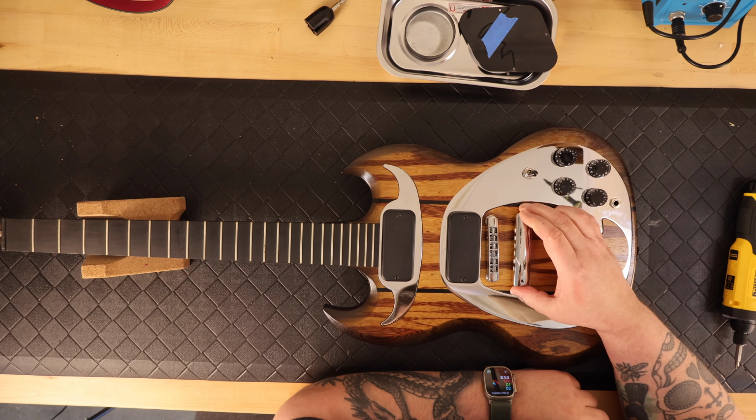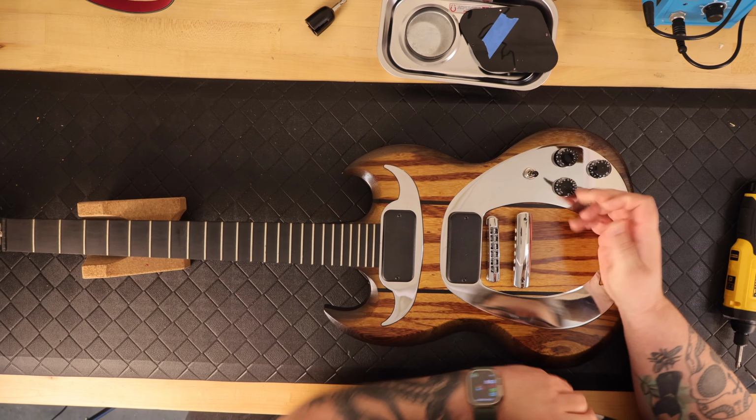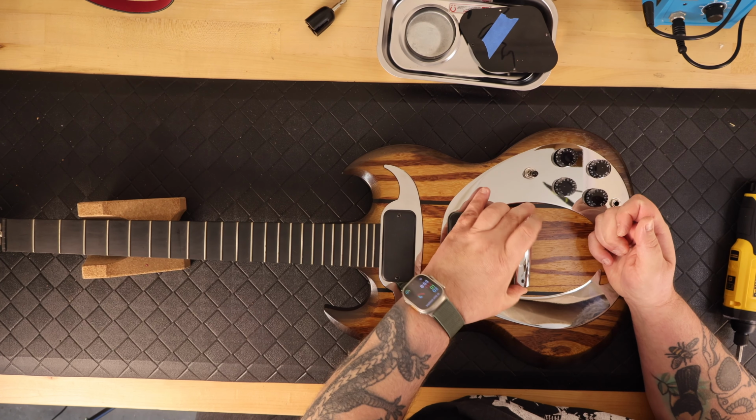It didn't have the telltale knobs. Somebody had replaced the knobs with